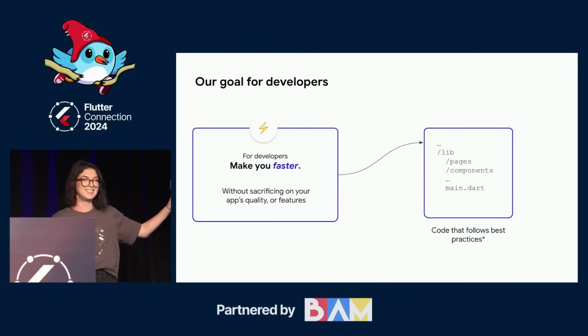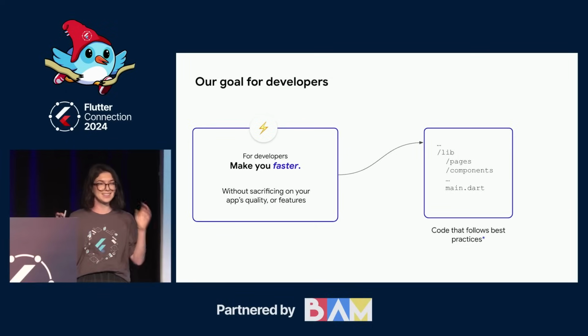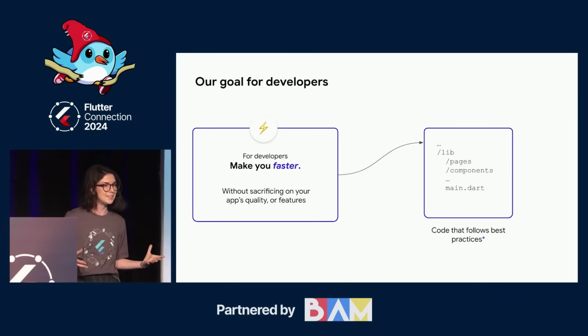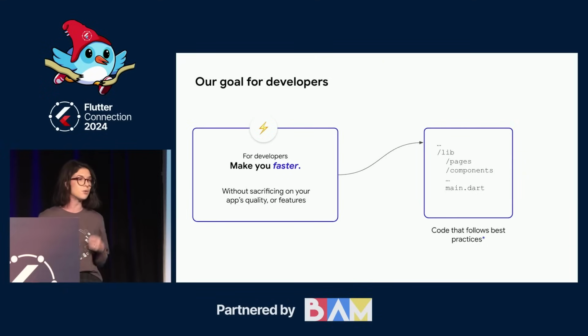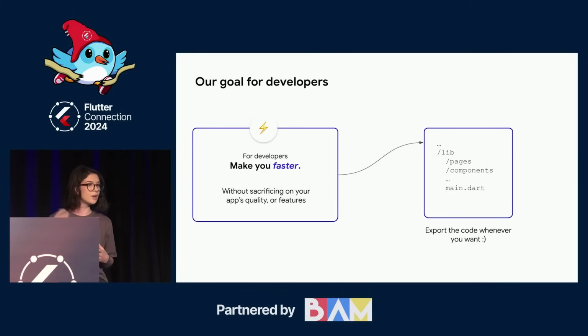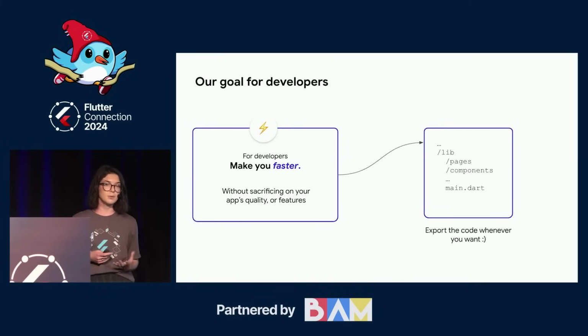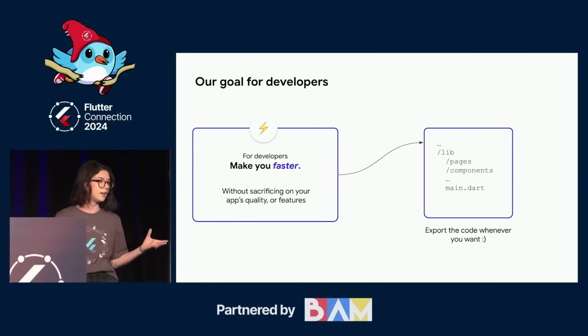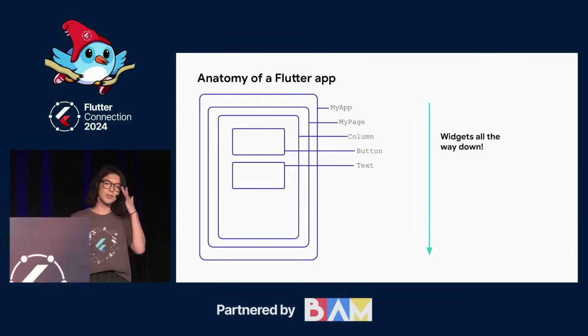And I put this little asterisk here because I know that best practices is something that is often debated. So really, we're focusing on best practices that we can all agree on. Things that we know have a really sizable impact on performance or code usability and readability. And one of the things that also makes FlutterFlow different from other low-code tools is that you can see the code as you're going, and you can always export the code and you own it. So this is your intellectual property. If you feel like FlutterFlow is slowing you down, you can export the code and just continue writing it as you would any other Flutter app. So that was an overview of FlutterFlow.